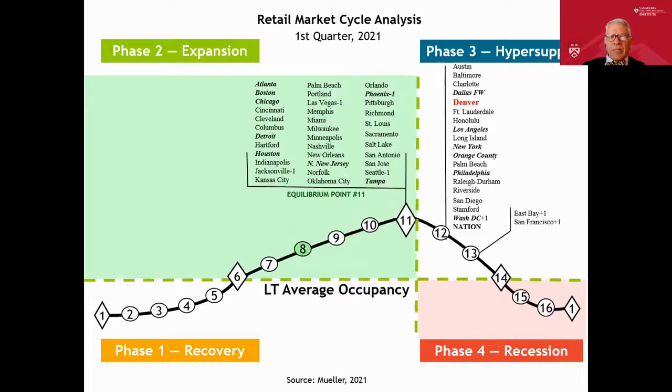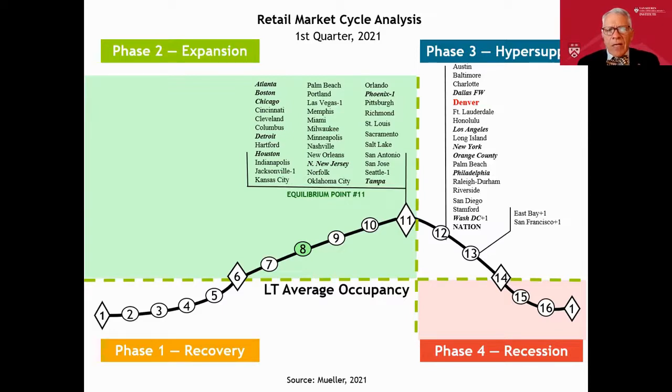Okay, next slide. And retail, again, this is probably the most surprising thing to see, is that a lot of the markets are at their peak. And I said, wait a minute, you have all these stores that shut down because of COVID. And they said, yeah, but they didn't vacate the store and get rid of their lease. They may have gotten some free rent or a cessation in paying rent for a little while, but it's not back on the market. So the occupancy level hasn't dropped. And you see Denver here just over the peak in the hyper supply phase from that standpoint.